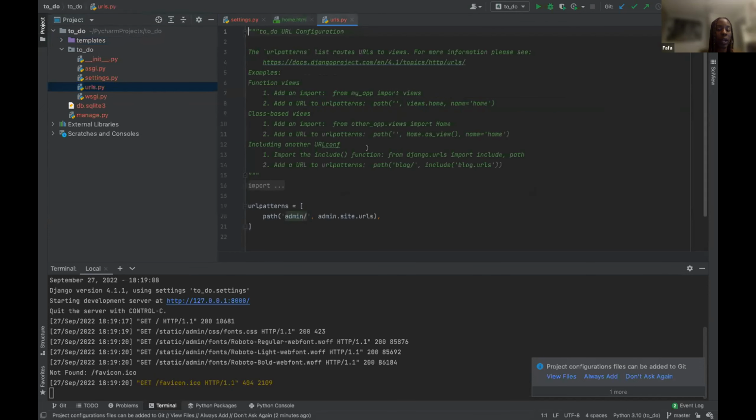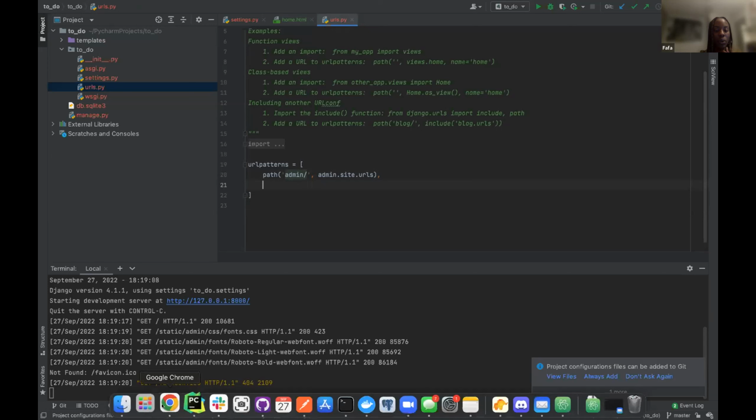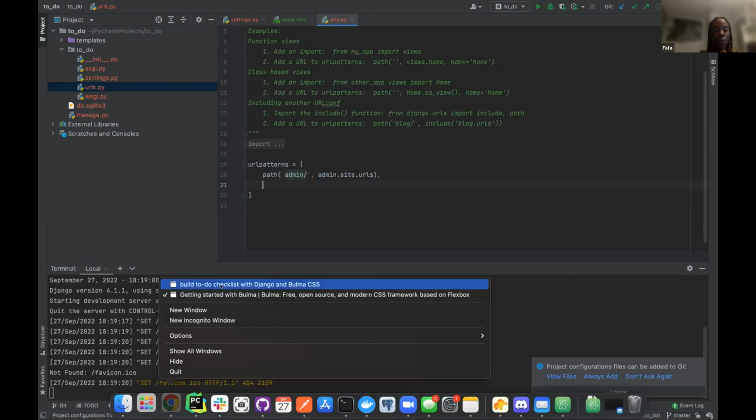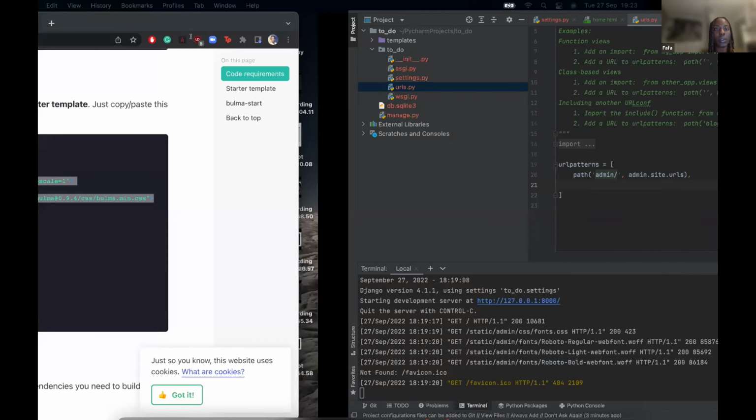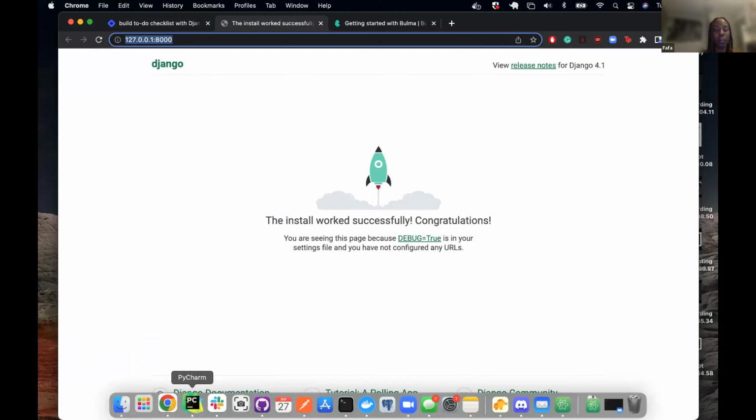In the urls.py file, we have to put in the URL to the home page. This was basically just creating a link that is clickable to take us to the home page. Right now, we want the home page to show just this part without any form. We want this basic link to be able to take us to the home page, so we're going to leave this part blank